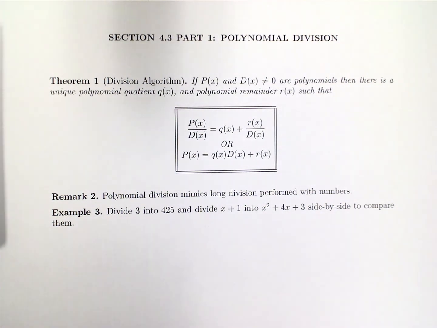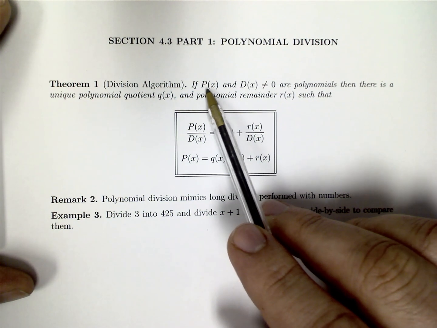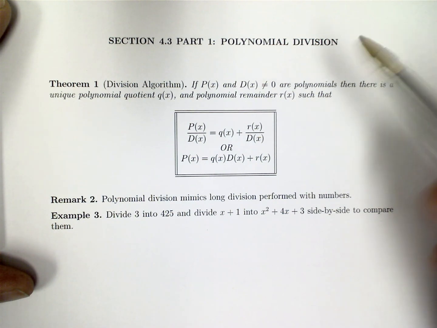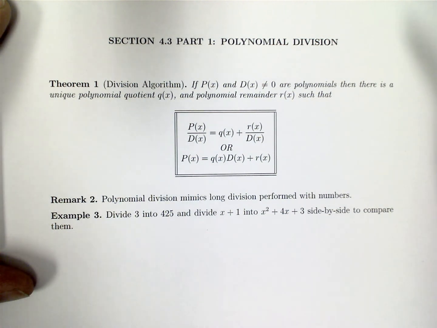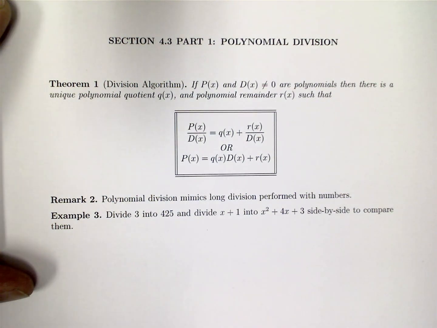And one of the first things we need to talk about before we go any further about how to actually divide is a theorem called the division algorithm. Okay, and this works for just integers as well as it does polynomials. Basically, if we call p of x our polynomial, what we're dividing into, and d our denominator, or divisor, we'll call q the quotient and r of x the remainder,